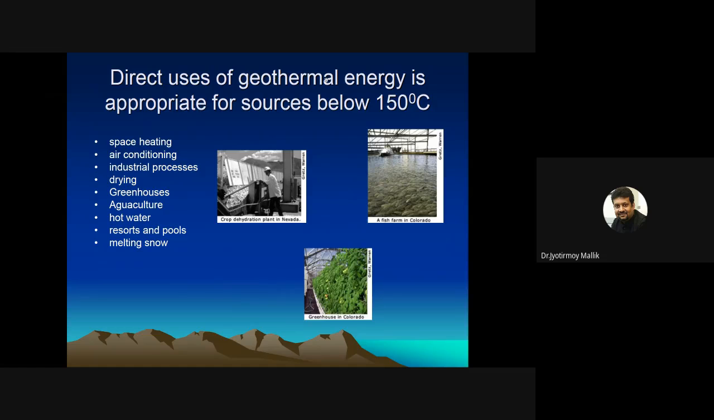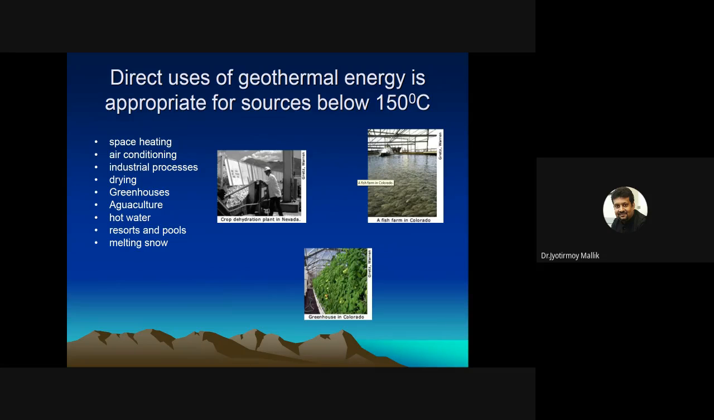So, direct use of geothermal energy is appropriate for sources below 150 degrees centigrade. It can be used for space heating, air conditioning, industrial purposes, drying, greenhouses. You can even see this is a greenhouse, which is heated by geothermal energy. Aquaculture, you can see, this is a fish farm where the temperature is elevated so